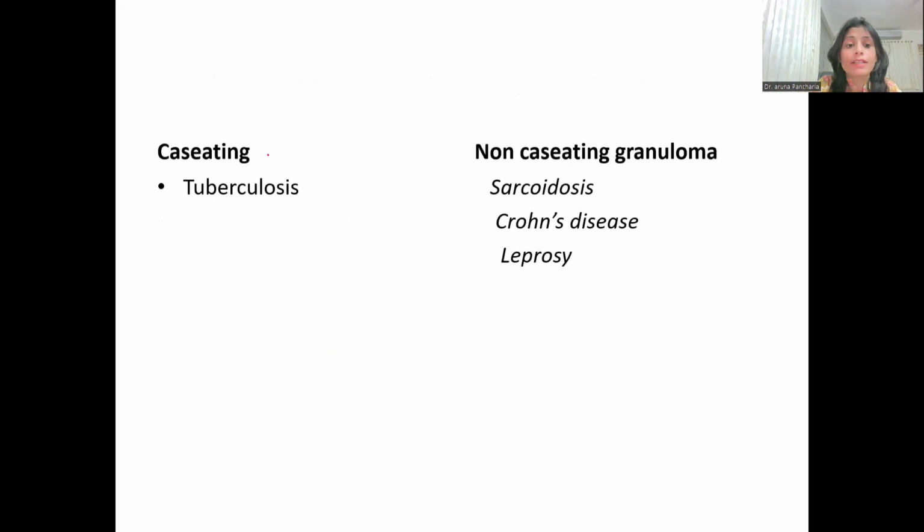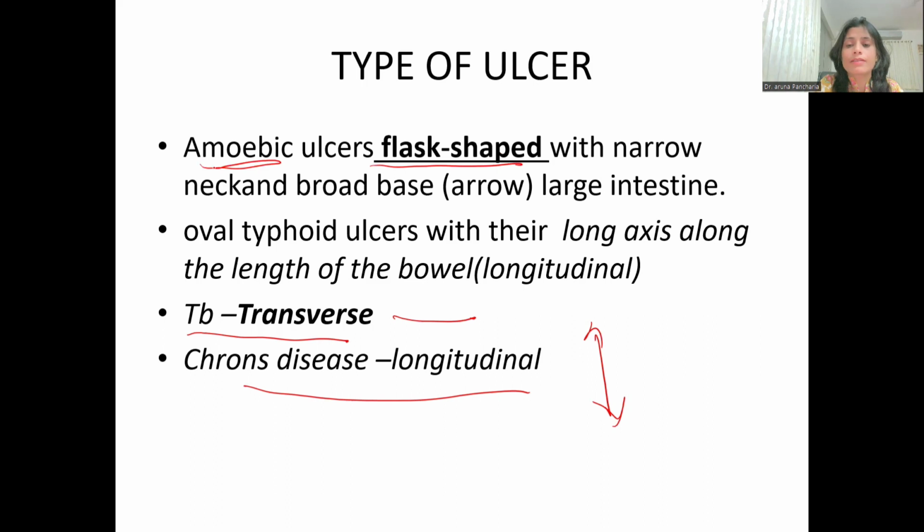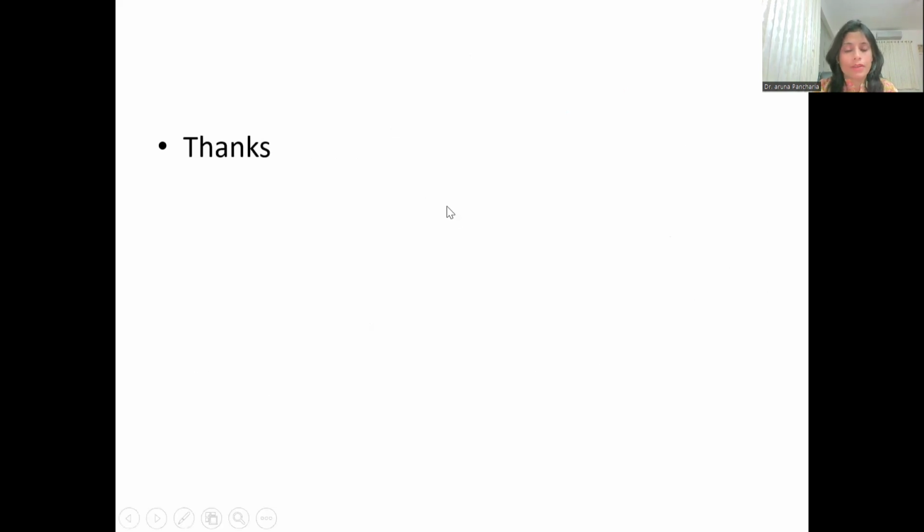Next question: what are caseating granulomas and what are non-caseating granulomas? A typical example of caseating is tuberculosis, and examples of non-caseating are sarcoidosis, Crohn's disease and leprosy. The other important question, if your viva is going well: what are the different types of ulcer? So in TB there is a transverse ulcer, in Crohn's disease a longitudinal ulcer, then flask shape ulcers are found in amoebiasis, amoebic ulcers are flask-like. Typhoid ulcers are oval in shape, and these are longitudinal ulcers. So these are the different types of ulcer. So this was all